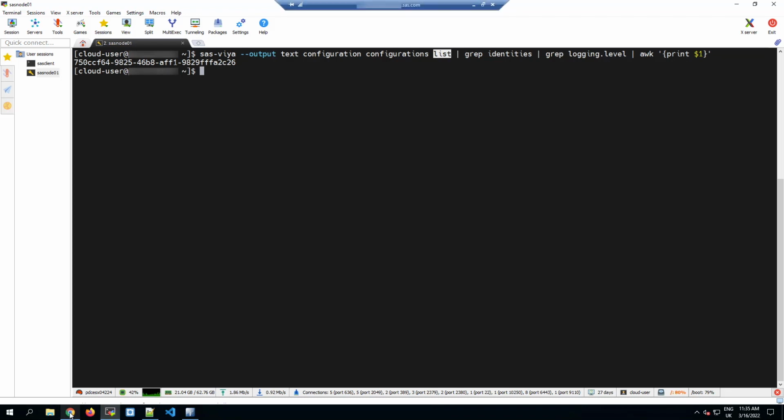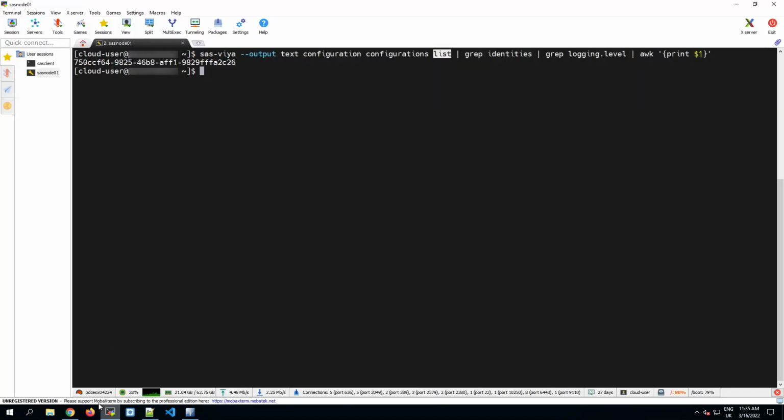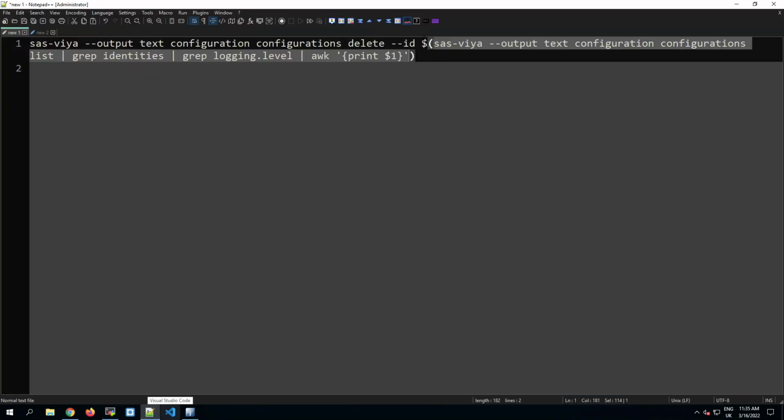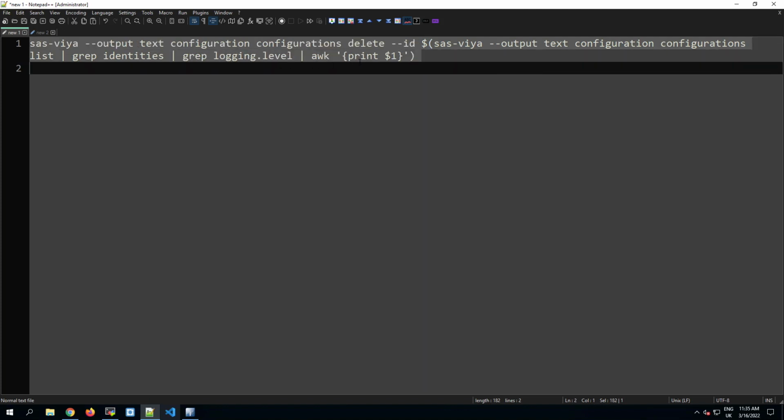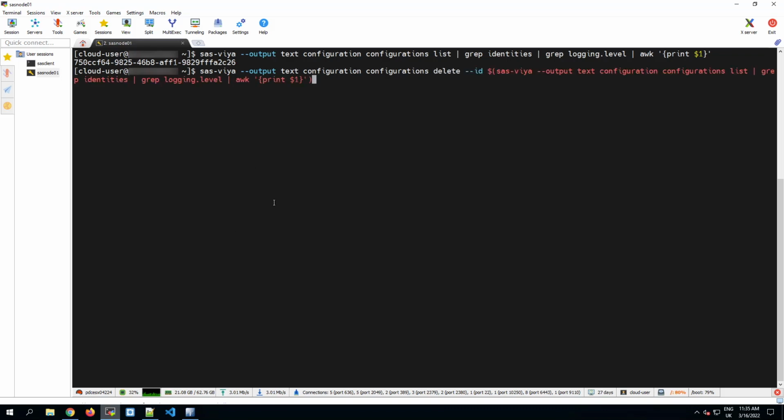And actually you can see that that ID, so it ends here in 2C26, is the same as the configuration instance that we've been editing here. So we're looking at the same thing. And then the full part of the command takes that ID, which we get by running one SASFire command, and passes it in as an argument to another configurations delete command. So we'll be deleting the SASFire configuration instance that is returned by the subcommand. So let's run that whole command. It says the deletion of that configuration instance is complete.